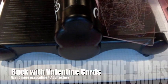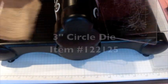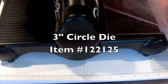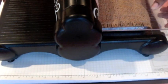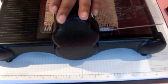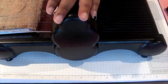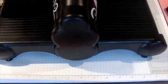Hi, here's another Valentine's Day card using a Big Shot today with some burlap. And my thought here is rough materials work well on masculine cards. So a lot of times we are making a Valentine's Day card together, but we're all women. We're probably going to give it to someone who could possibly be more masculine. So using texture can make a card that you might normally make a little bit frilly looking look a